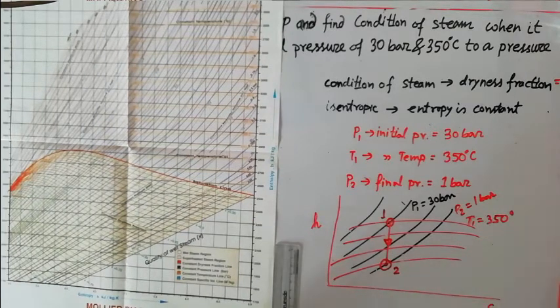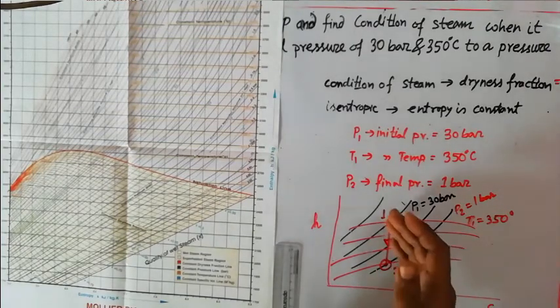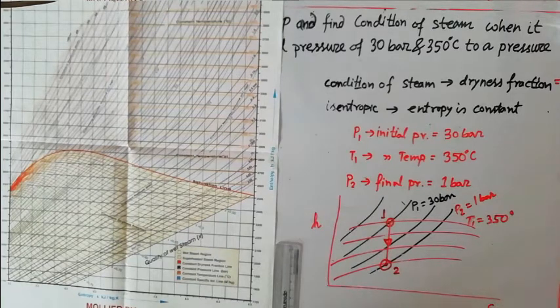All the time you have to use some scale and pencil. It is based on the observation, how accurate you are. That's why the values will differ from man to man. If the accuracy is higher, then the value will be the perfect one. Then after getting points 1 and 2, you have the initial state point and the final state point. The dryness fraction lines are actually following this way. These are some dryness fraction lines, and lots of lines will be there.